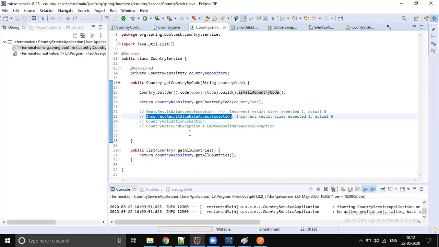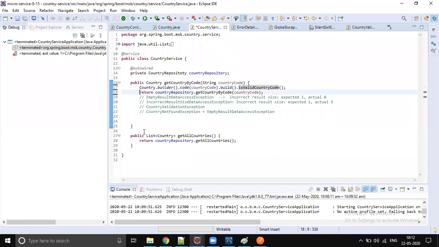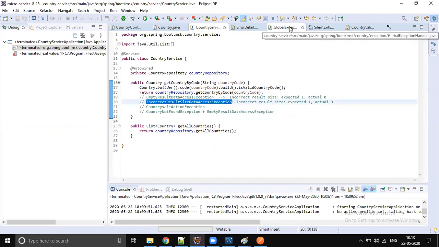So for incorrect result exception, you try one more method to get that exception, right? One more getter method, get country by region code. Yeah, if you find more than one result, then throw the exception and handle it, right? So if you get more than one data, you just handle it. You get incorrect result exception that has to be handled in the global exception handler.